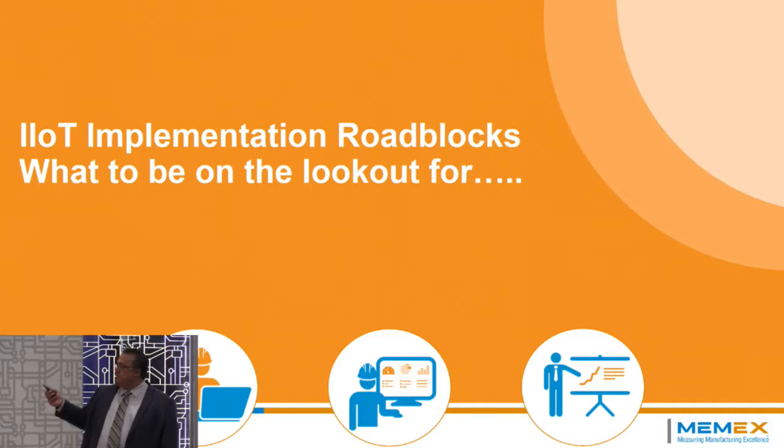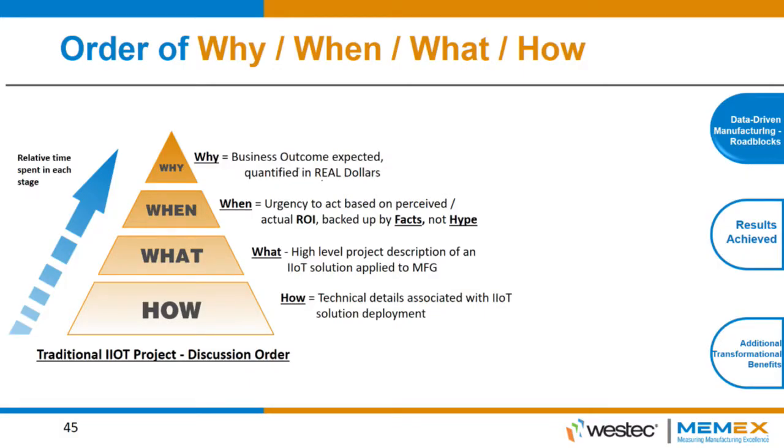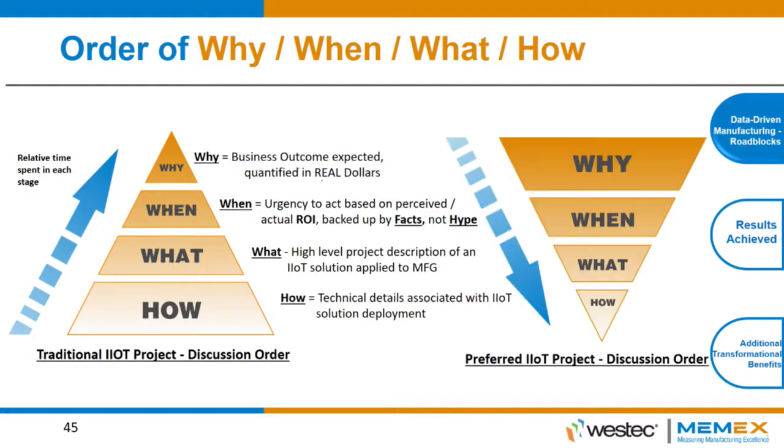What are some of the roadblocks that we see? Well, when we started going to market with our technology about 10 years ago, we used to spend a lot of time on the how. So we would spend a lot of time telling people how quick and how much data we could collect and all the stuff that goes along with the implementation piece. We'd spend a little bit less time on the what, a little bit less on the when, and we'd spend the least amount of time on the why. And although that was great and made us feel real smart because we're good at what we do, it didn't really translate into a high level of adoption.